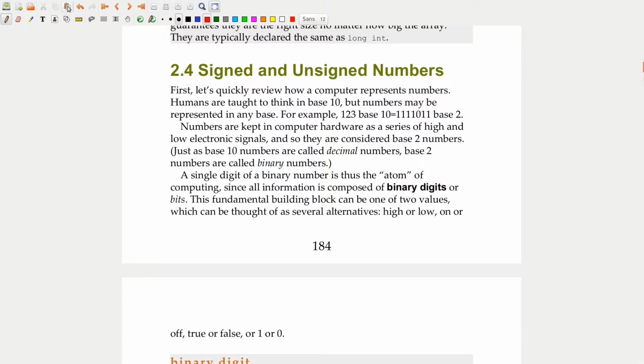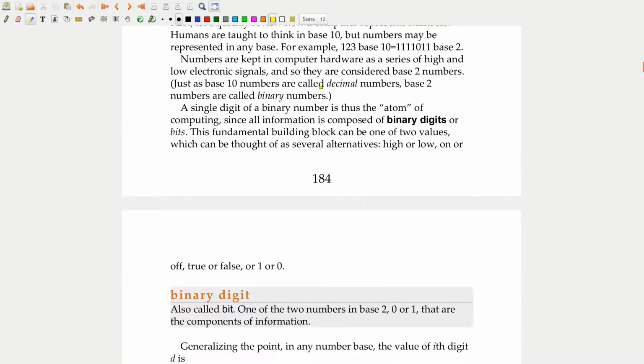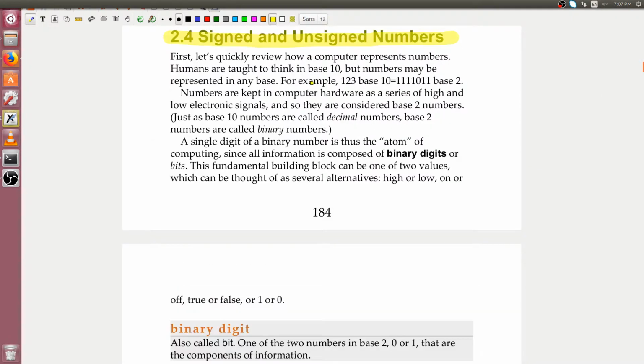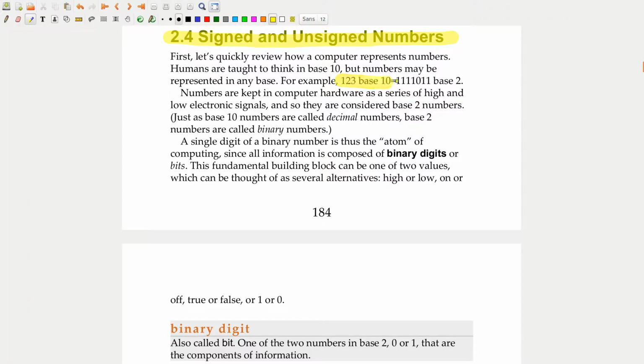Okay, so now we get to look at signed and unsigned numbers for a little bit and kind of understand this. If you caught my computer arithmetic stream, we went over a lot of this, so I'll try to be brief. I don't do a good job at being brief, but I probably should work on that. So, let's see. So, 123 in base 10 is equal to